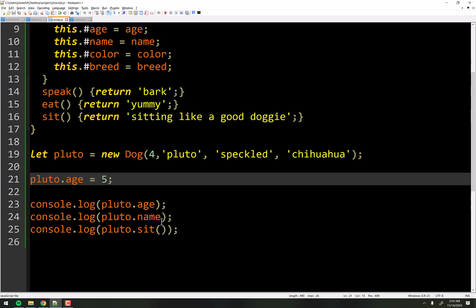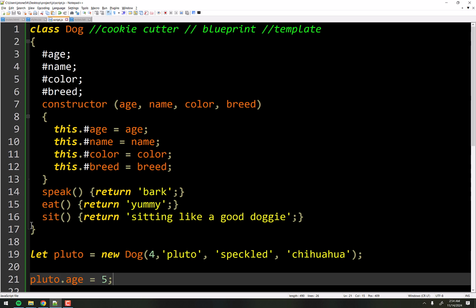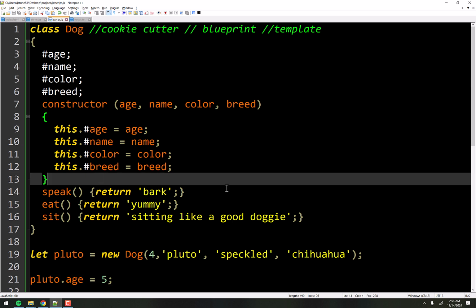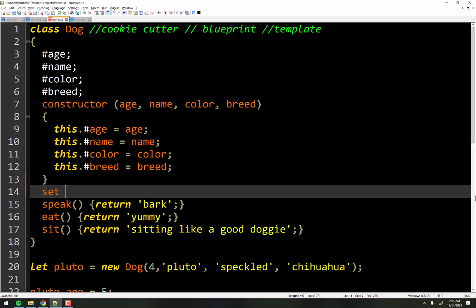Now, if you're familiar with other object-oriented languages, these setters are a little weird. They're a little different from what you might be used to, okay? You actually use the keyword set. It's just a function, but we say set, and then whatever the name of the variable is, and then put function parentheses around it, and then you put the code in there.